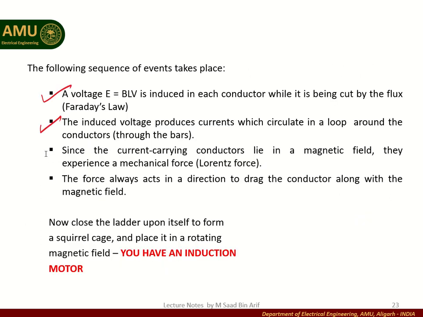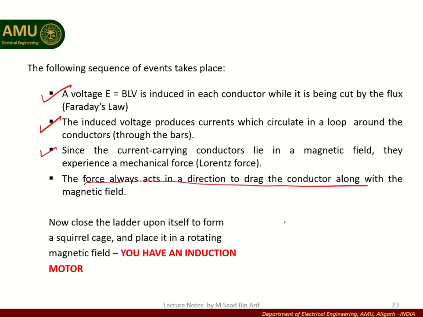And due to the condition that now a current carrying conductor is placed in a magnetic field, force starts to be experienced by these conductors, and the direction of force acts in the direction to drag the conductor along with the magnetic field. Now if we close the ladder, that is the ladder type of structure, upon itself to form a squirrel cage and place it in a magnetic field that is rotating in nature, it means a magnetic field which has a certain velocity,